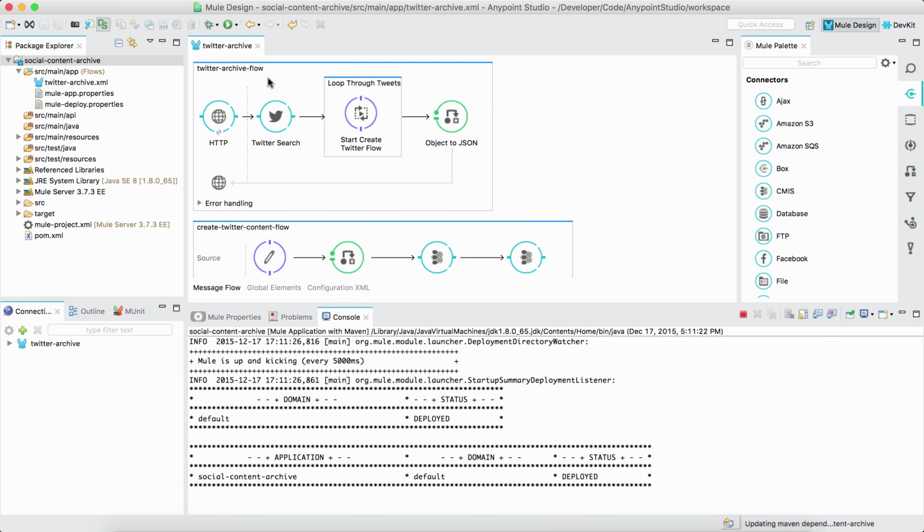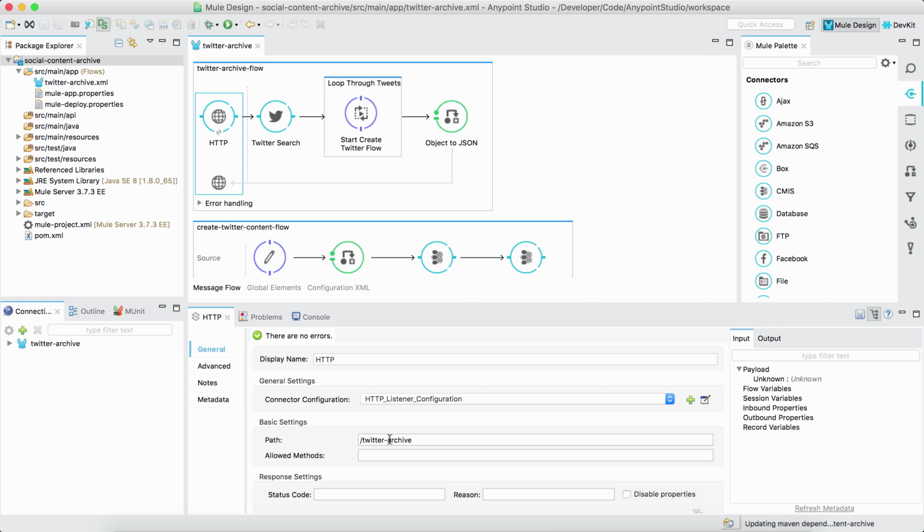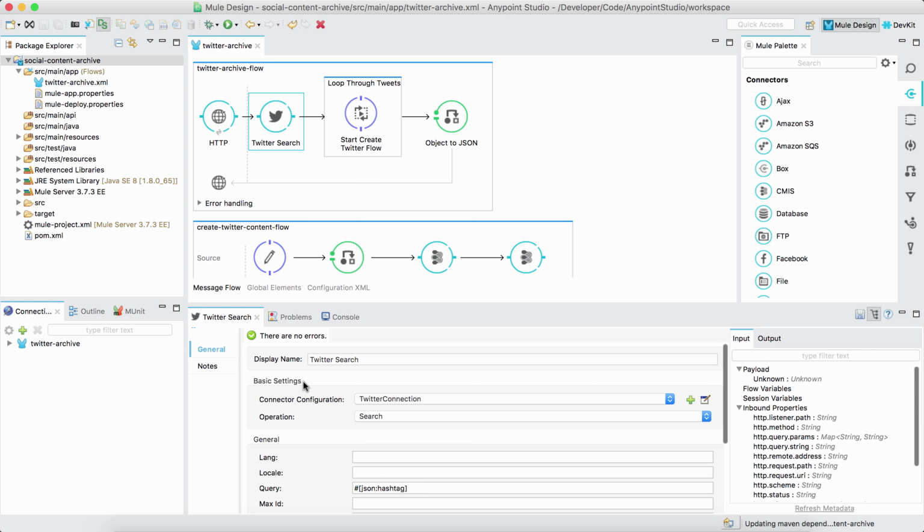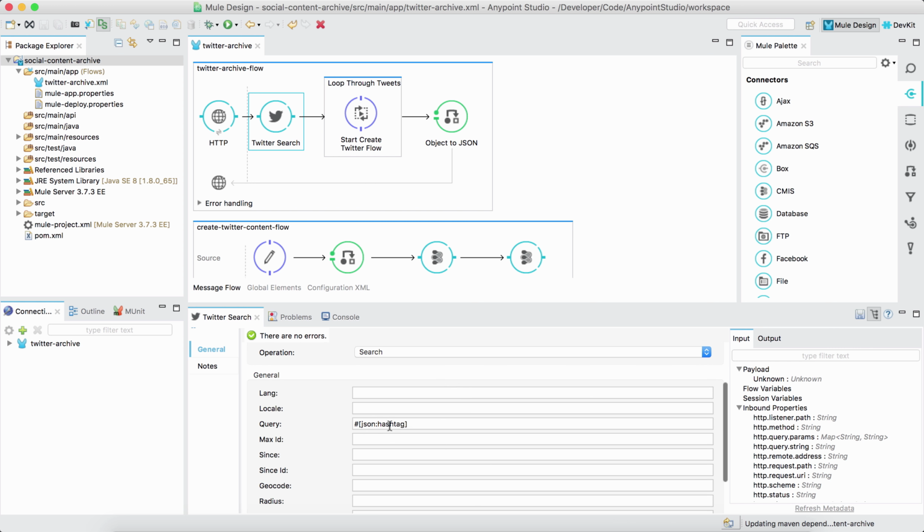Here we have a top-level flow that exposes an HTTP connection, and it has configuration to expose the Twitter-archive path to be executed through a REST POST request. Then we're going to take the contents of that JSON payload and use that in the Twitter step. So here we're simply using the search operator, and we're going to get the JSON colon hashtag value from that